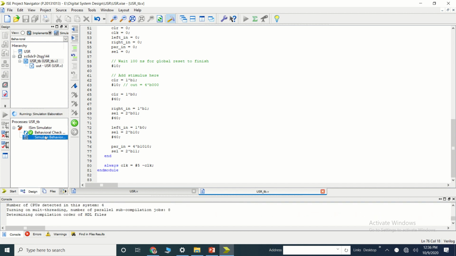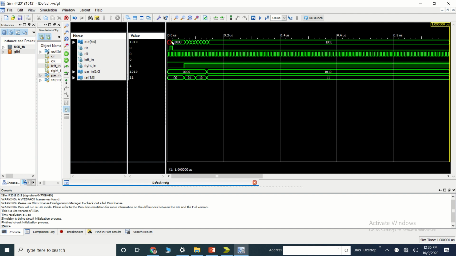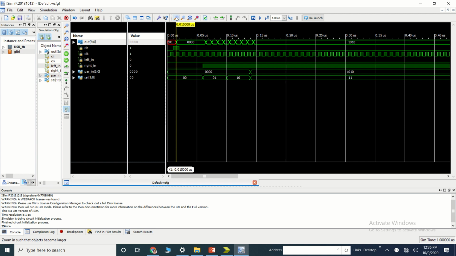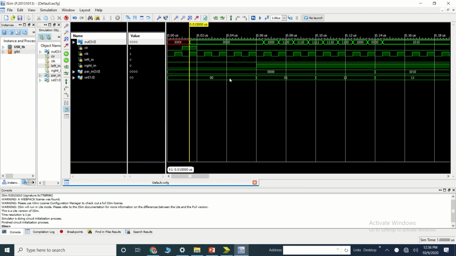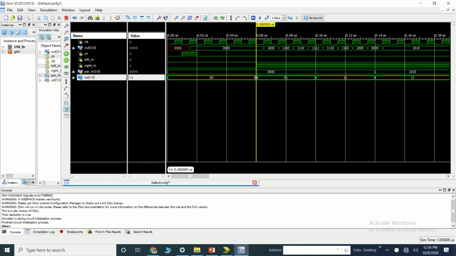Let's observe the output. Now in this, let me zoom in. Okay, so here first let me change the position. Okay, so first we have selected 00, 01, 10 and 11. Okay, now when we have 00, this is my output, out 3 down to 0, so the output would be 0. Now mainly we'll check from the 01.